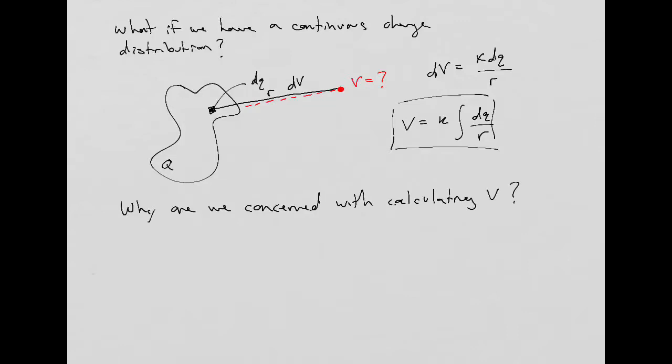Why do we even define this quantity? Are we just making things harder for ourselves? Turns out we're not. The reason that we are finding electric potential is because we can actually use it to find electric fields. Right? The whole goal of the course